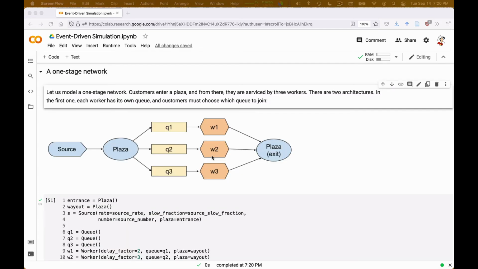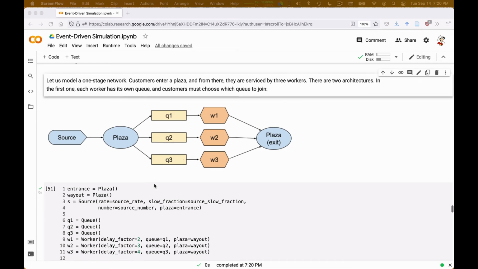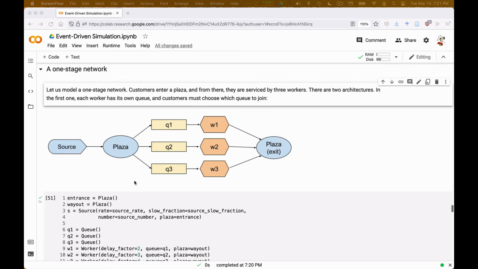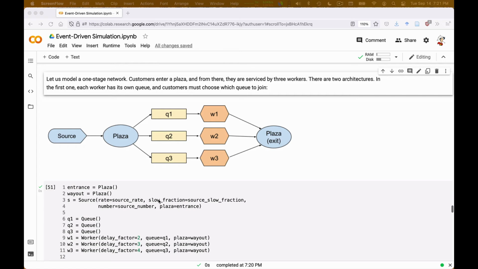Now let us use our code in order to model some queue scenarios. So this is a source of people, there is a plaza, and then there are multiple, imagine supermarket checkout workers, each one with a queue in front of them. So you have to decide for which worker to line up when you are in the supermarket. And we created these things with a twist. If you look at how I create people, there will be some people that are much slower than others. Some people will have a lot more products in their cart, essentially. Look at the code for source to understand it.